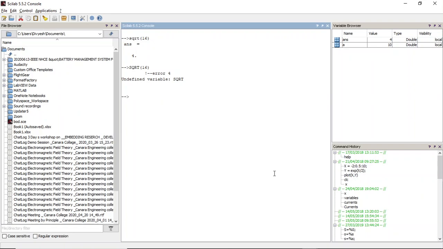It says undefined variable. So this directly tells you that Scilab is very case sensitive. You need to respect uppercase as well as lowercase. You have to be very, very careful when you start programming using Scilab.